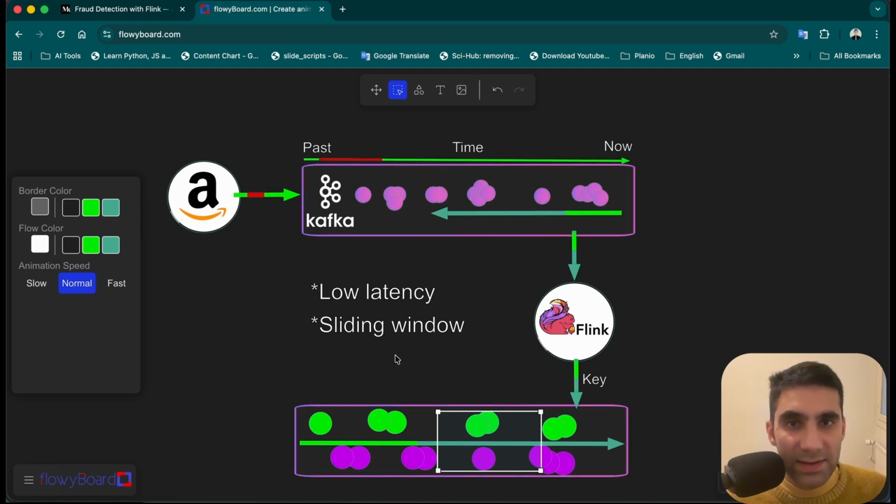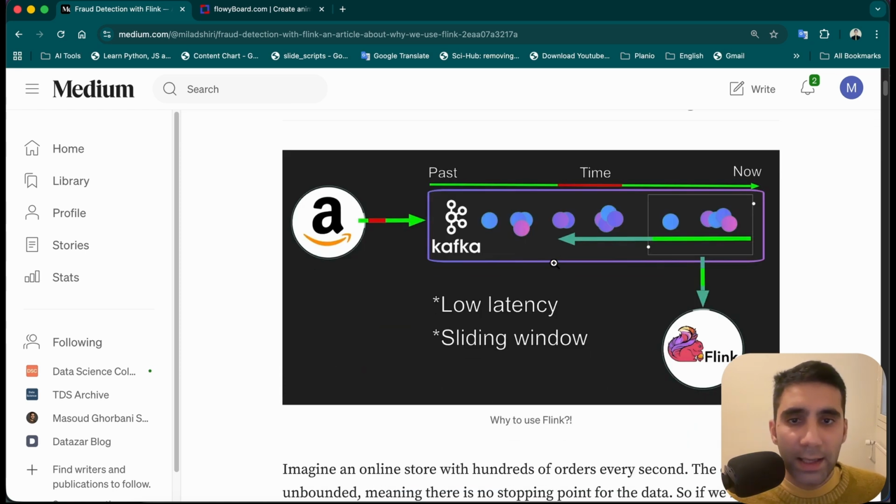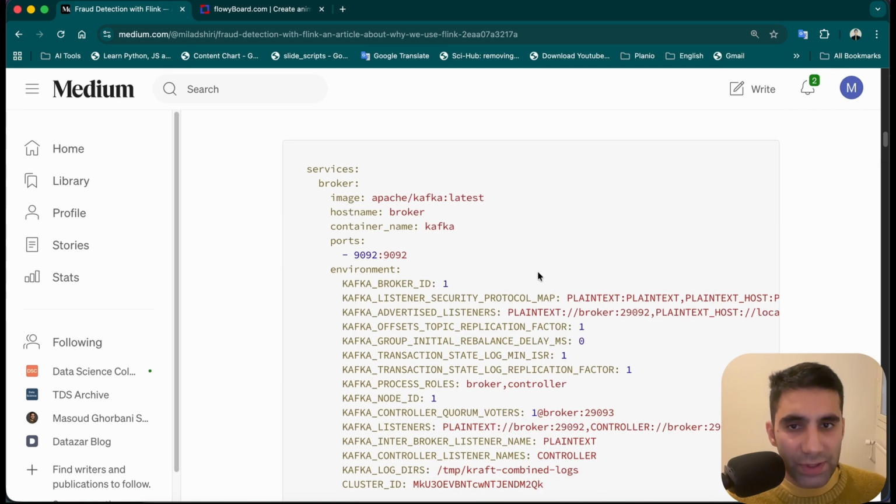Now let's implement this in Python to see how it works in the real world. I have all the code and commands here in this article. I'm going to put the link in the description so you can copy and paste all the code and you don't need to type anything. But the very first thing you need to have is Kafka on your system, and to